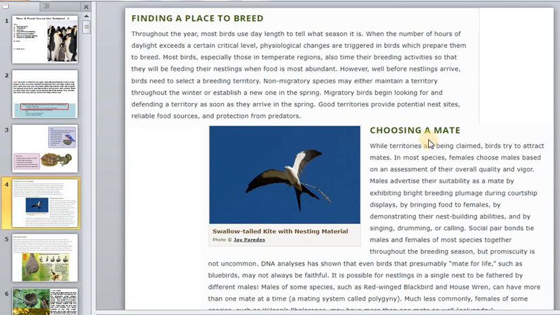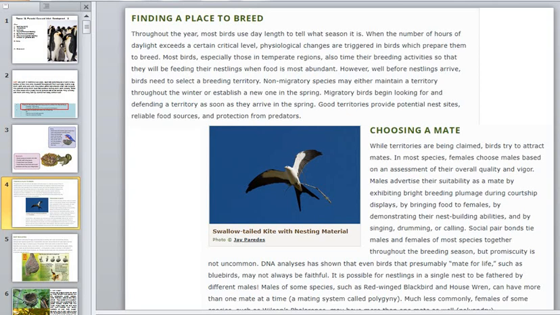Of course, choosing the mate is the next step. While territories are being claimed, birds try to attract mates. In most species, females choose males based on an assessment of their overall quality and vigor, and males advertise their suitability as mates by exhibiting bright breeding plumage during courtship displays,